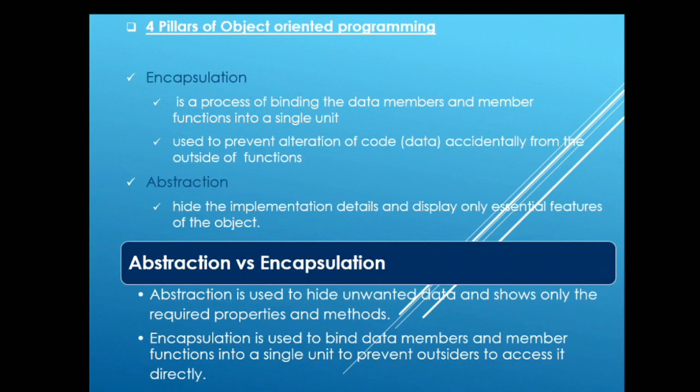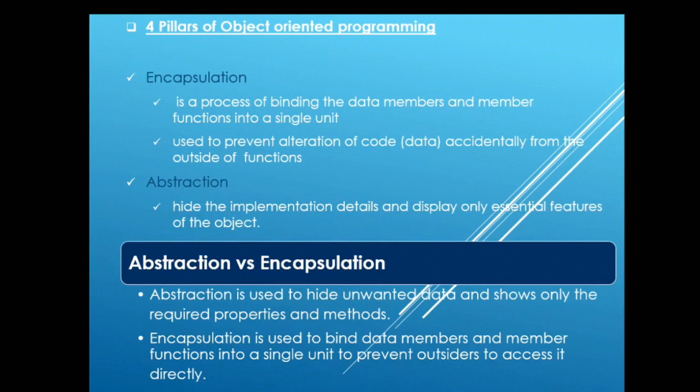The main intention of encapsulation is to prevent the alteration of code accidentally from outside of the class. So if you instantiate a class and call the member functions or member variables of the class using the dot operator, you won't be able to call the private fields. The members which are declared private will be inaccessible. So we are preventing, we are hiding, we are encapsulating, I would say rather, so they cannot be accessed from the outside.